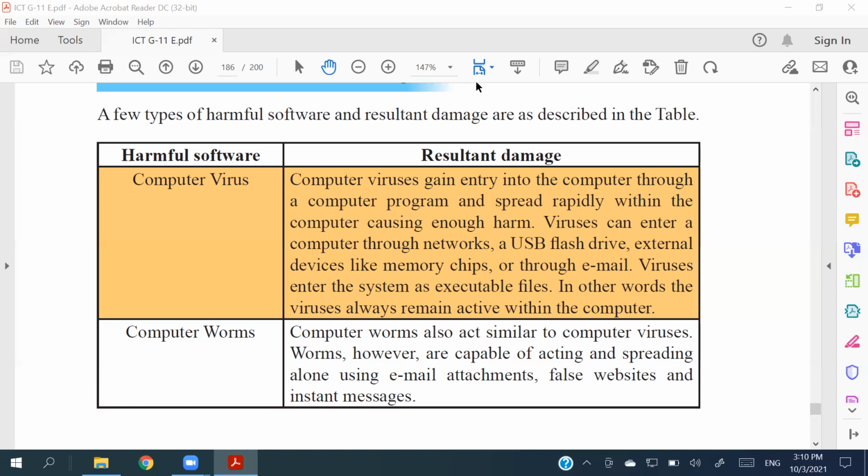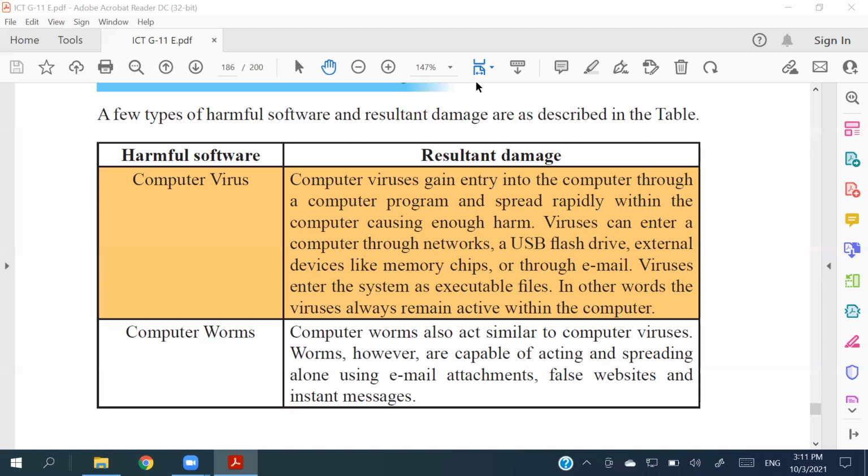And when it comes to computer worms, they are very similar to a virus, but the only difference is that a worm can activate by itself, right? We don't need to double click or execute it ourselves. We only need to connect it with the computer, and it will be activated. So that is why